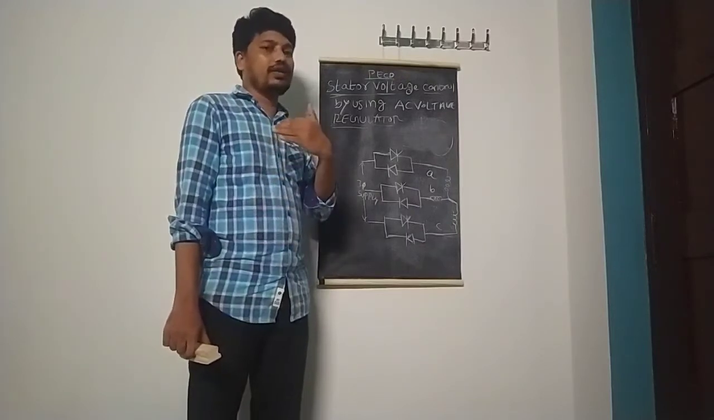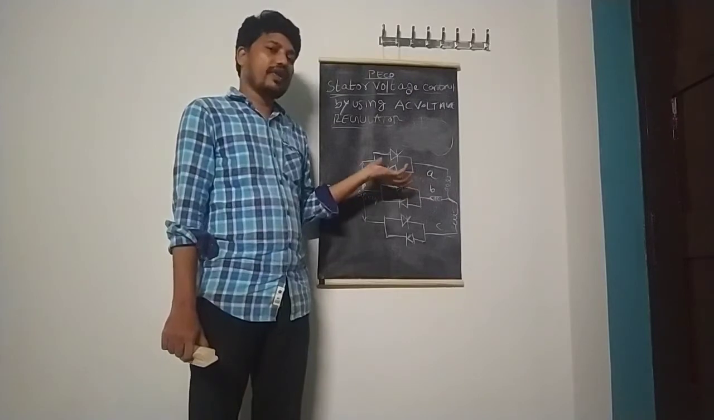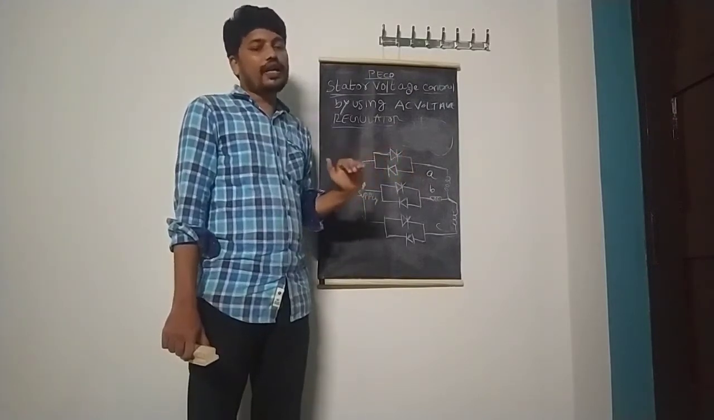But this does not happen in the star winding. That is the drawback in the star winding. In the star winding, I phase is equal to I line, while in the delta winding, I phase is equal to I